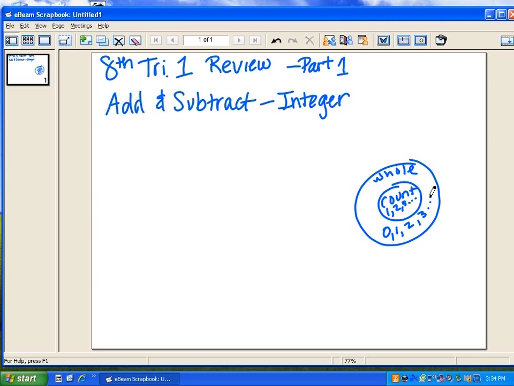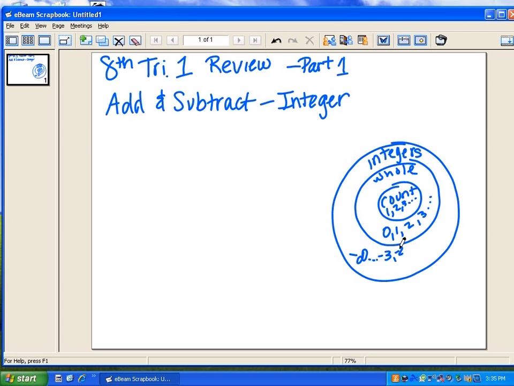Okay, but look, they're all positives. And then next we have our integers. And this is what we're dealing with primarily in algebra, right? Or with this concept is integers. And this is going to mean all of your negative numbers, like -3, -2, -1, -20, all the way up to your positives, to positive infinity. Now, this does not include fractions and rational numbers, because we're only talking about integers